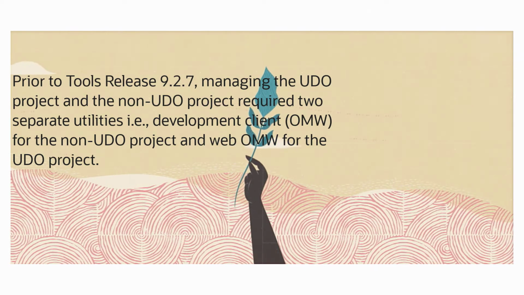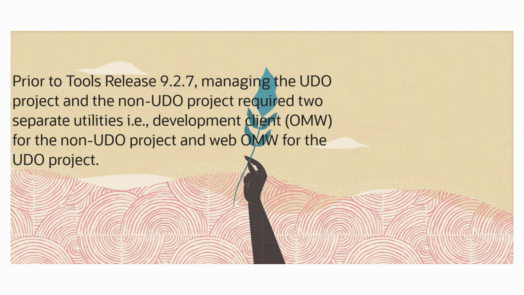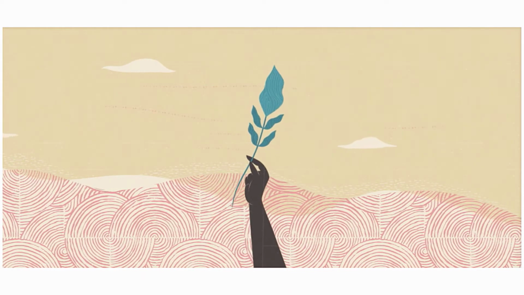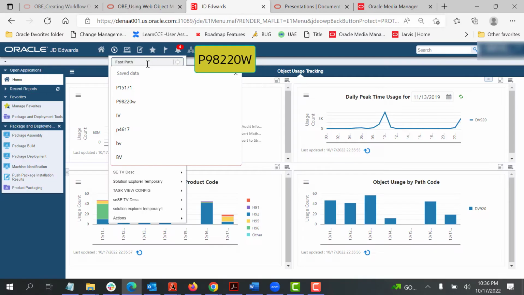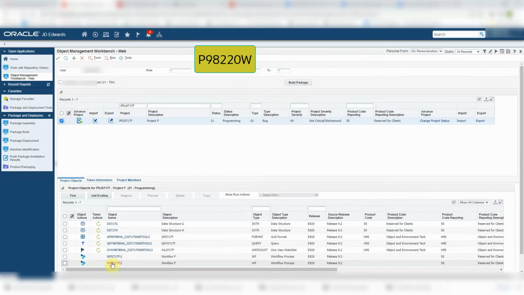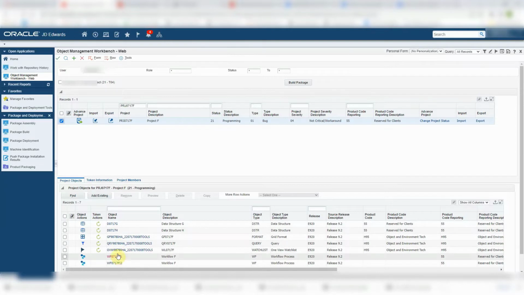First, let us start with the process to transfer a project with combined object types. Navigate to the Object Management Workbench web from the fast path. For the purpose of this tutorial, consider that an OMW project is already created which contains both user-defined objects and non-user-defined objects. Notice the project has a mixture of objects including 3 user-defined objects, 2 data structure objects, and 2